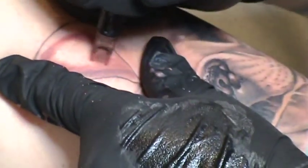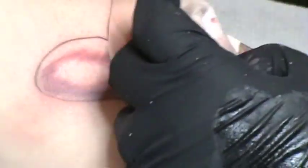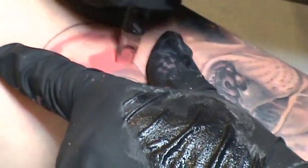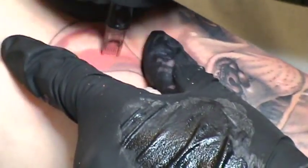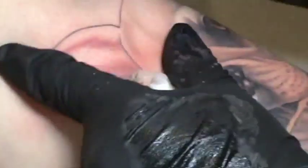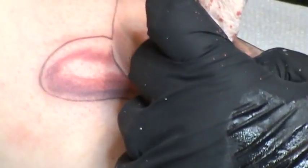That's the mistake. The mistake is having the wrong tool in your hand and trying to strong arm it into doing something it doesn't want to do. That's going to turn into wasted time. That's going to turn into usually damaged skin, frustration, and once stress and frustration work their way into a session, you're not giving it 100%